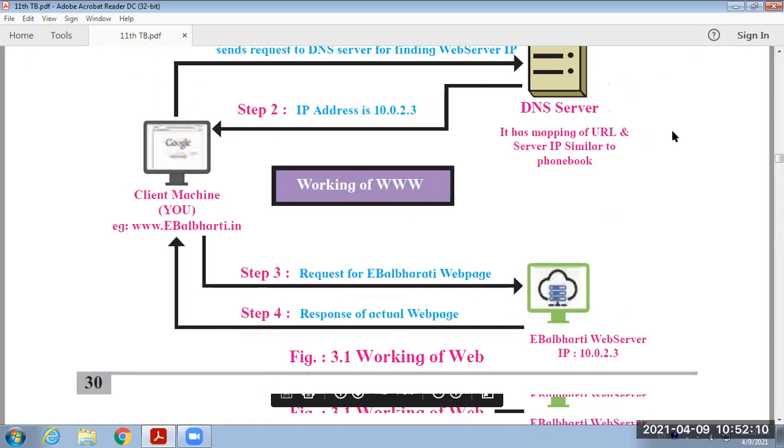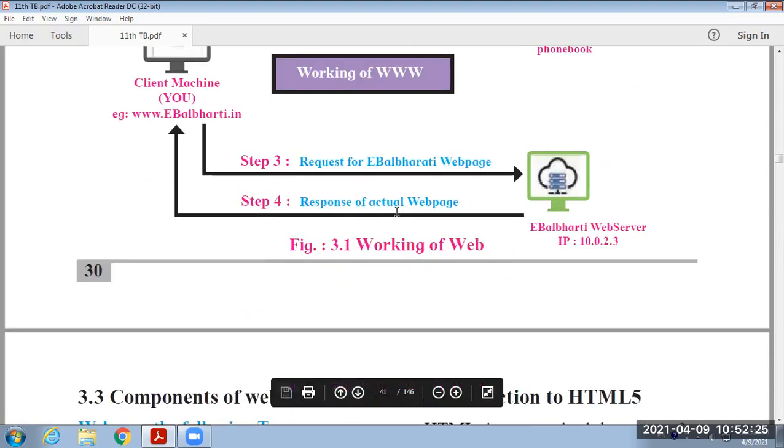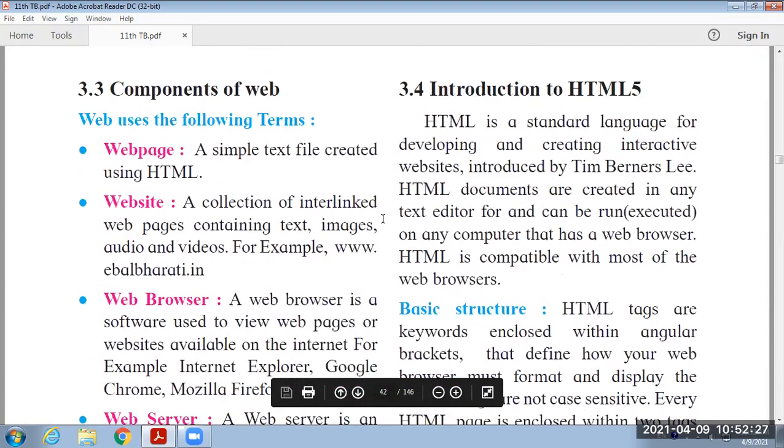Then from the LAN server, we can see the required website contents on our browser. This is the complete working of the World Wide Web. We already performed it. Then components of the web.